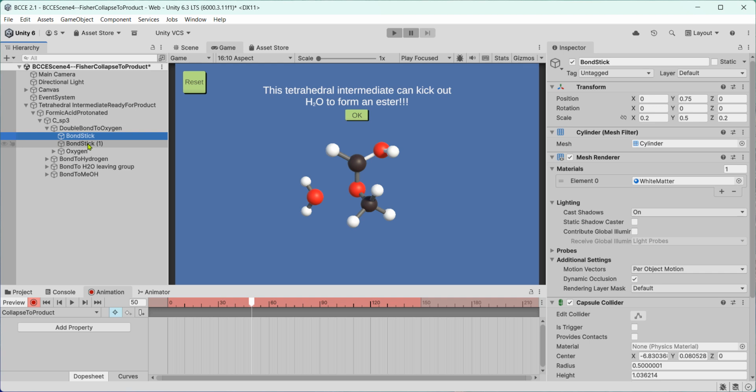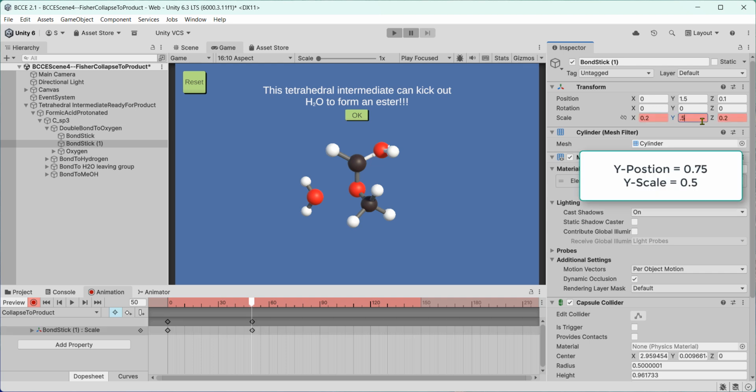Only one is visible right now. That's the first one. And the one that says bond stick parentheses 1 is invisible. So let's make it visible. It's inside the oxygen right now, so let's bring it out. Make the Y scale 0.5. So make sure you're on 50 frames. Record button. Y scale 0.5 and Y position